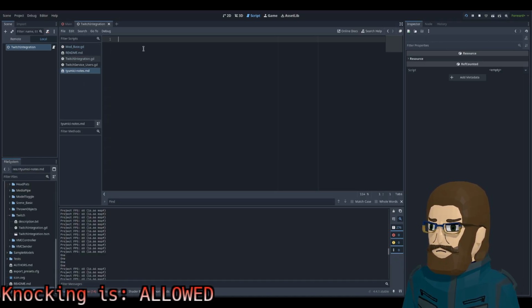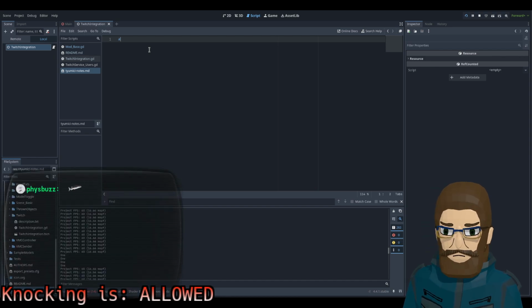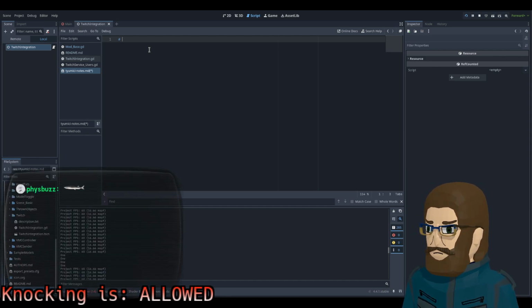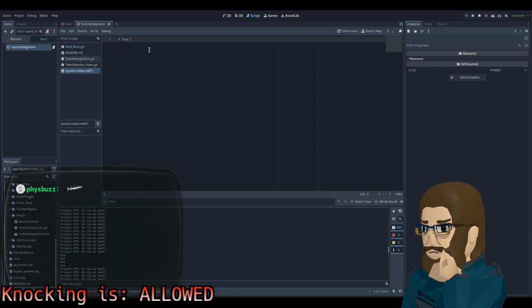Mod space, okay. So welcome in, Fizzbuzz, good to see you. We're figuring out how to get chat messages in Godot.